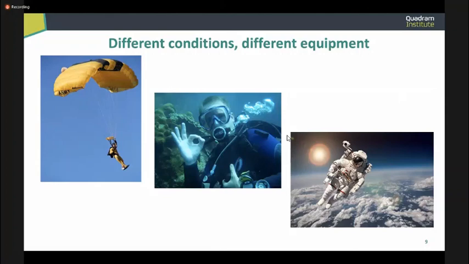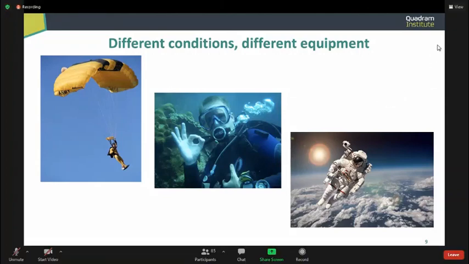So as we need different equipment to survive in different conditions, bacteria need different